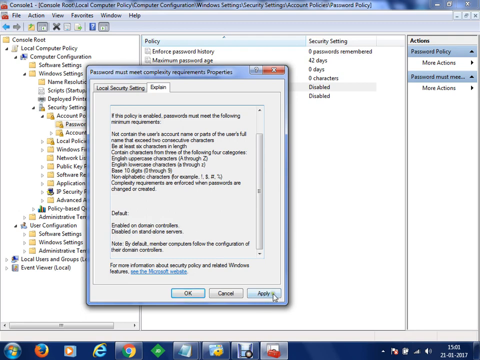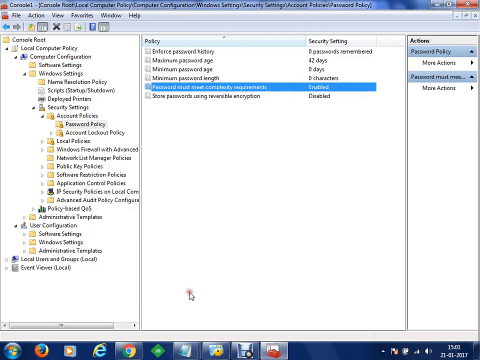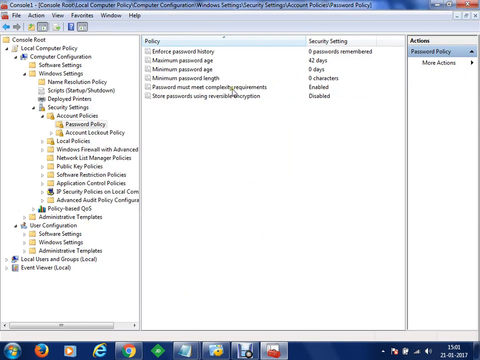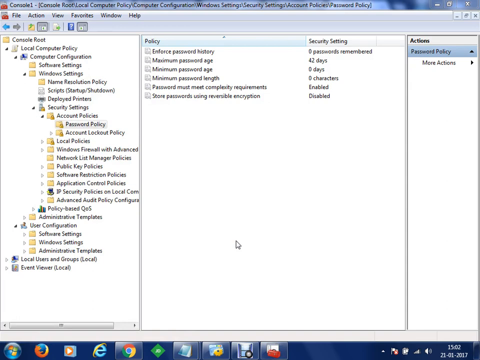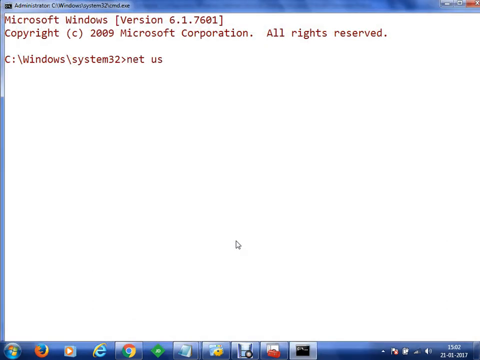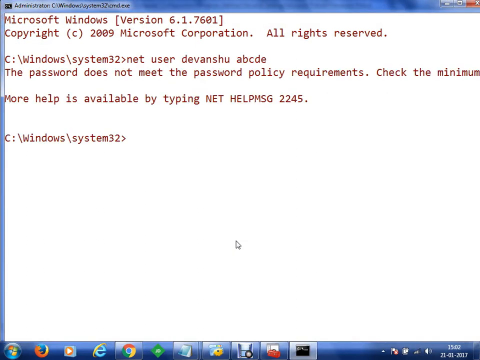Clear? Let's click on apply. Let's click on OK. So I have enabled this complexity. Now if I open my command prompt and run it as an administrator, and now if I try to change the password for my user Devanshu to ABCDE, this time it says the password does not meet the password policy requirements because you have to set a complex password, okay?